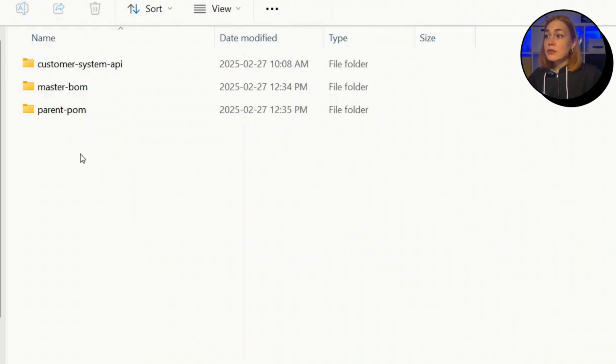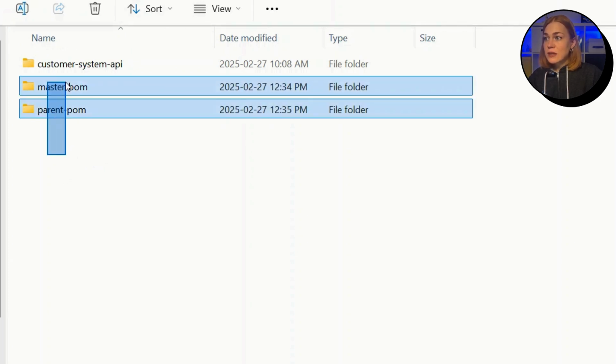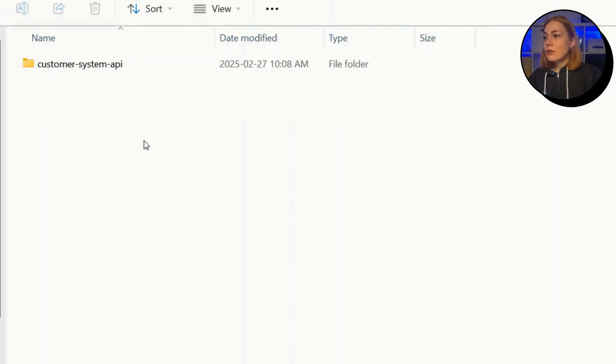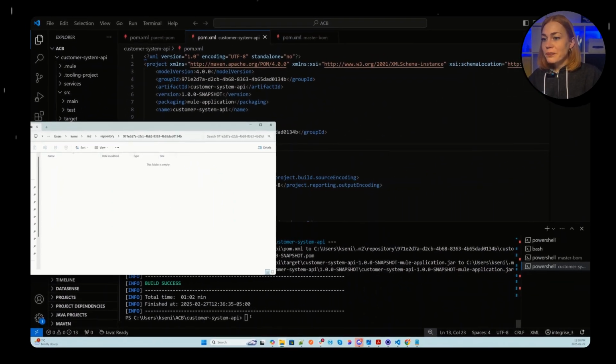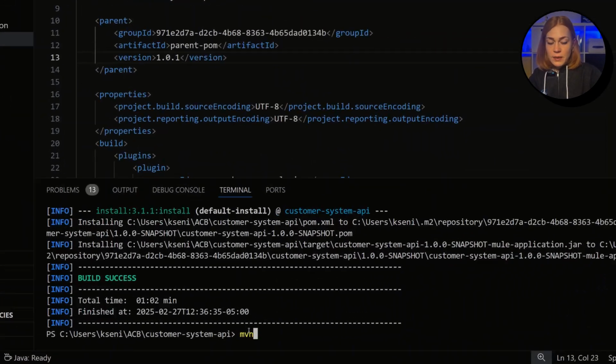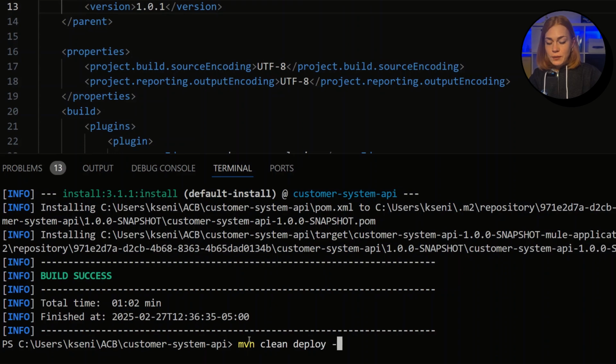And so for us, it's crucial to see whether the master BOM and parent POM assets will be downloaded specifically from Anypoint Exchange instead of looking for them in the local repositories. So let's delete these two folders from the local repository, and we could also delete customer system API. Let's delete all of them. And now let's run Maven clean deploy, mule deploy, to refer to the plugin configuration for deployment, and run this